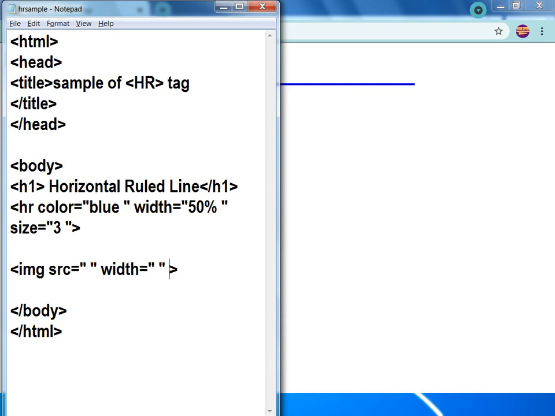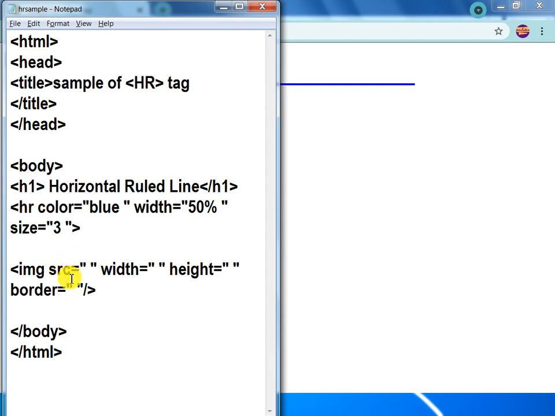Next, height equal to double quotes, and border equal to double quotes. Now I have inserted all these attributes in an img tag. IMG is a singular tag, so it doesn't require any closing tag, but in an HTML file you close this image tag within the same tag.